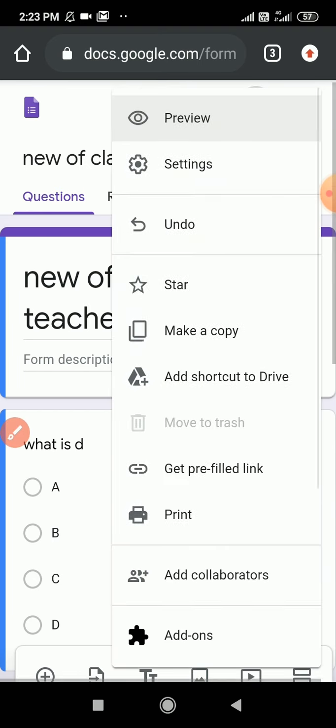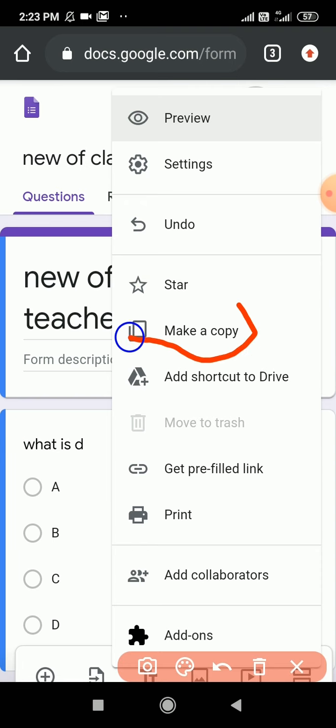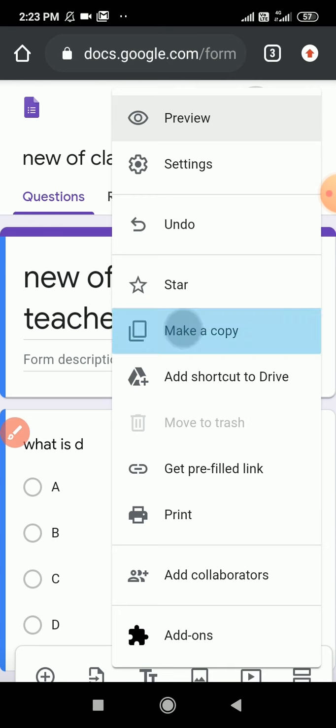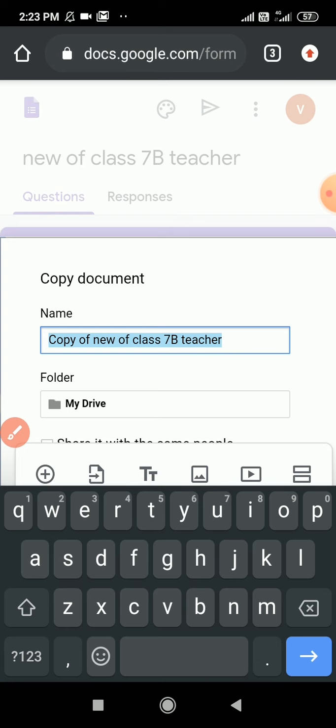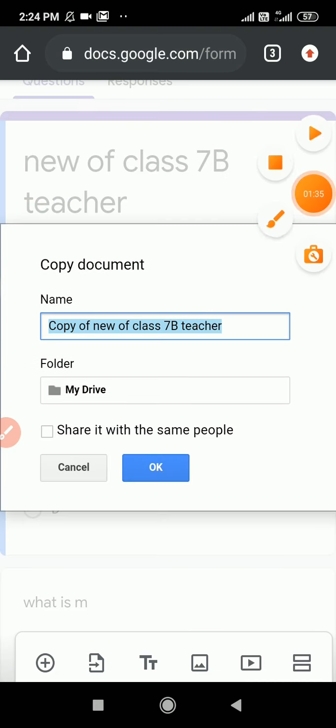When you click on the three dots, you can see so many options appear and you have to click on make a copy. When you click on make a copy, this page appears, and you don't have to do anything. Whatever name is given, you can save by that name and just click on OK.